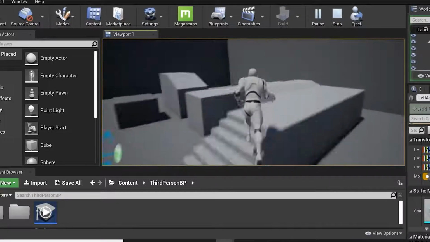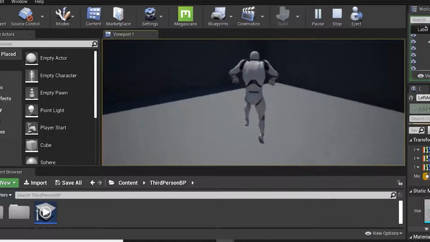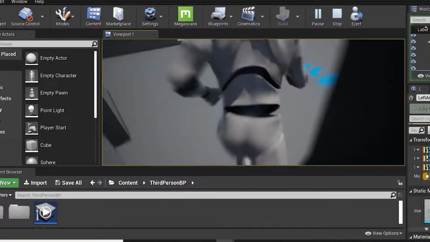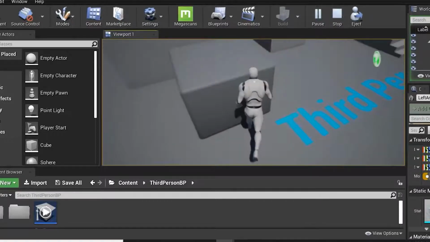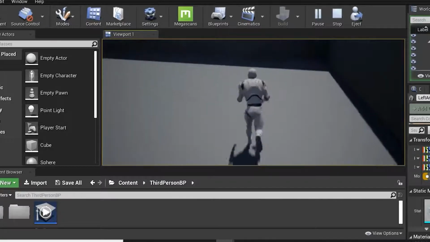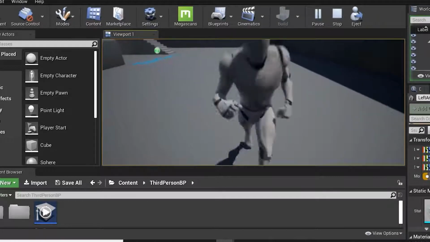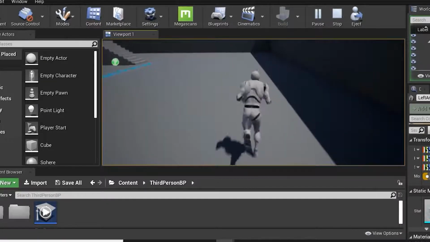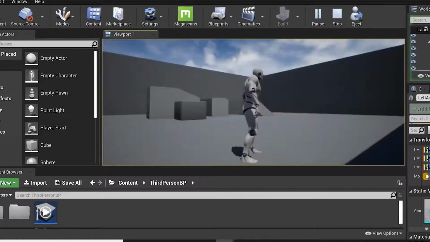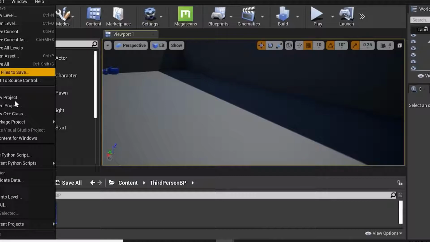This is my third person game. This is dynamically connected, like a gaming controller when we play on the PlayStation, with W, S, A, D. Now Escape is to come out from this camera view.